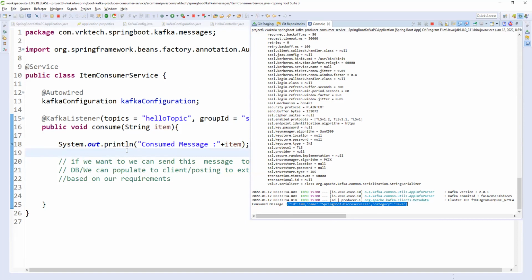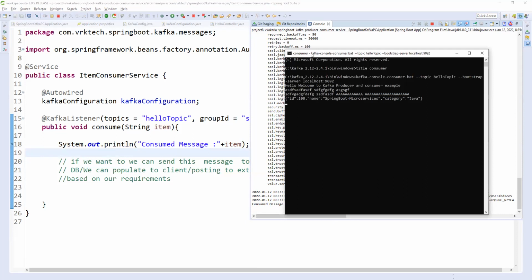Or if you want to see it by connecting to your backend server, we already have that. See, the message is coming here. The JSON message is consumed. The JSON message is coming here. Why? Because we already connected a backend server. We opened the consumer window and we are able to see the message, right? You are following, right?